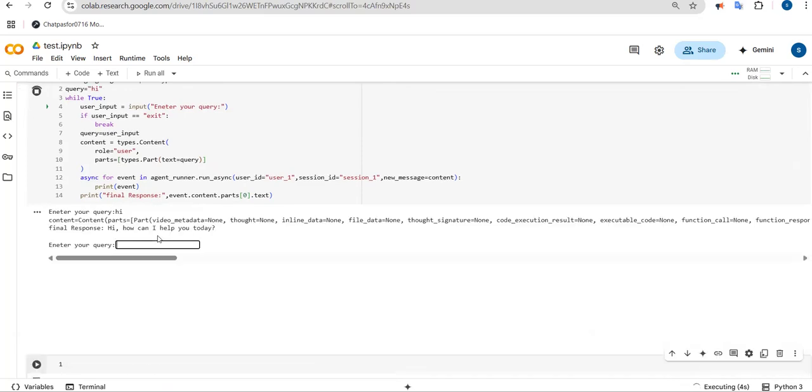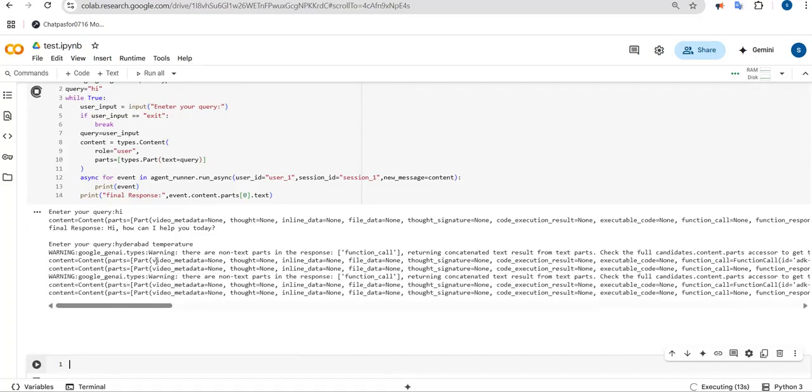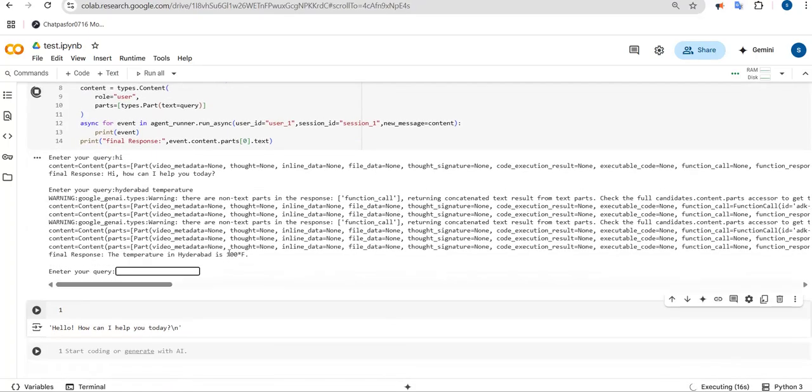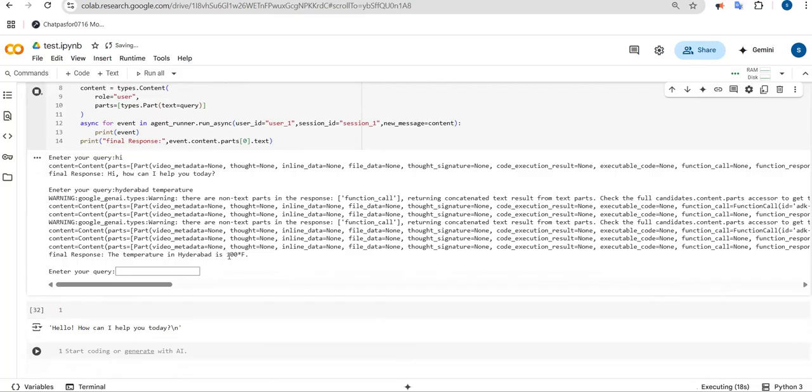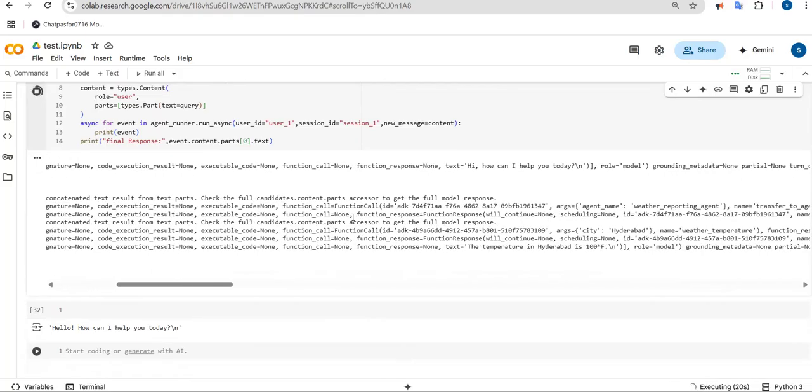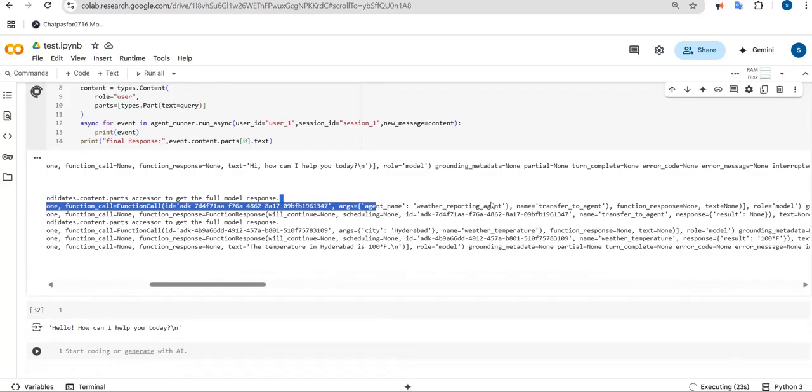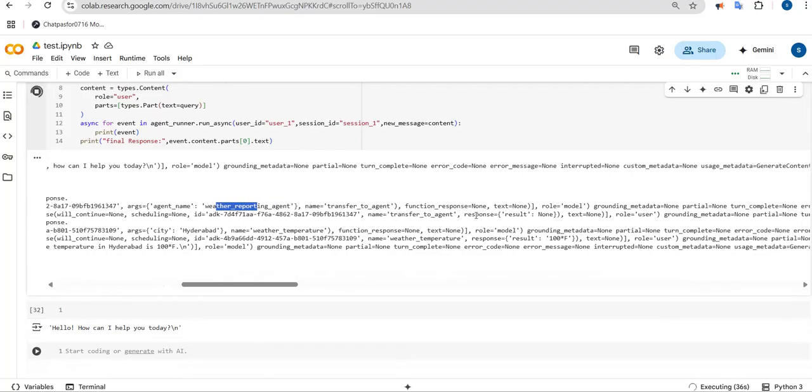Hi. So let's ask Hyderabad temperature, so that you can observe it is providing 100 degrees Fahrenheit. That means it can make use of function calling. First, what happens? Agent name, that is a weather reporting agent. It just forwarded the request or transferred the request to this agent. Our root agent transferred the request to this agent,